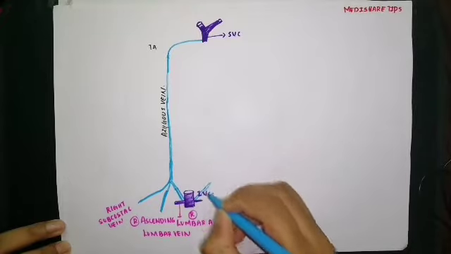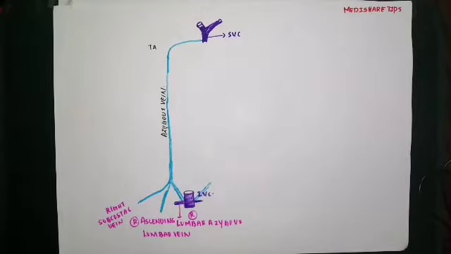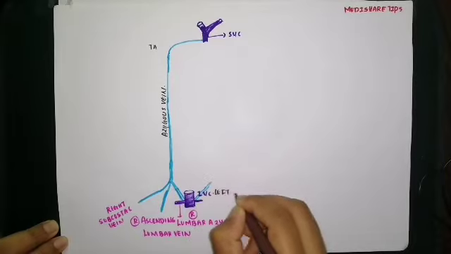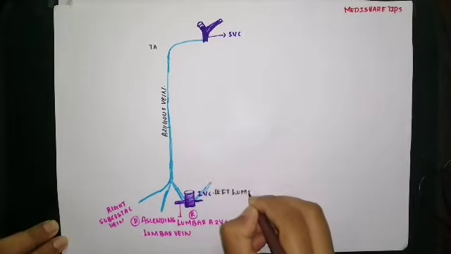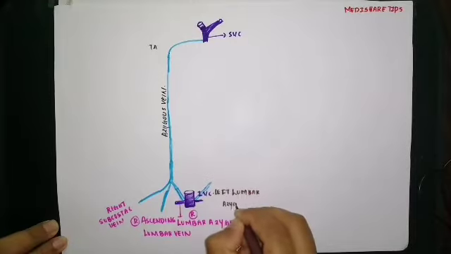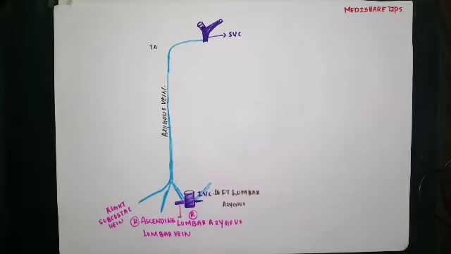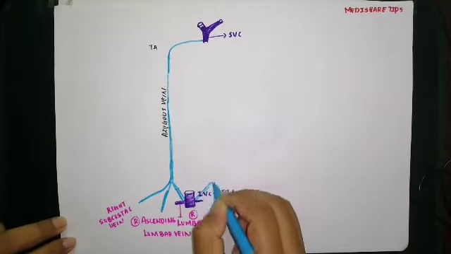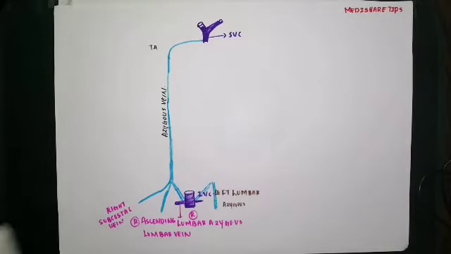This vein is the left lumbar Azygos, and another vein is the left ascending lumbar vein,